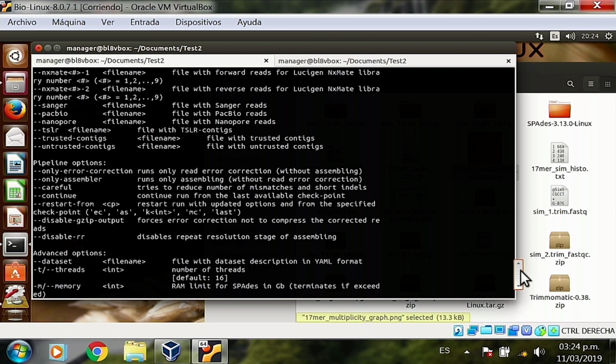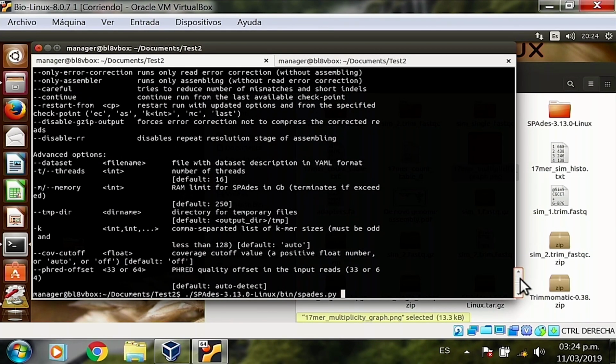Attempt to solve repeats based on error information and based on the sequence length. If they can do it, they will try to. But if you want to skip the stage and don't let the assembler solve repeats, then you just activate this. We are not going to activate this. Yeah, and then here are more advanced options, but these are just